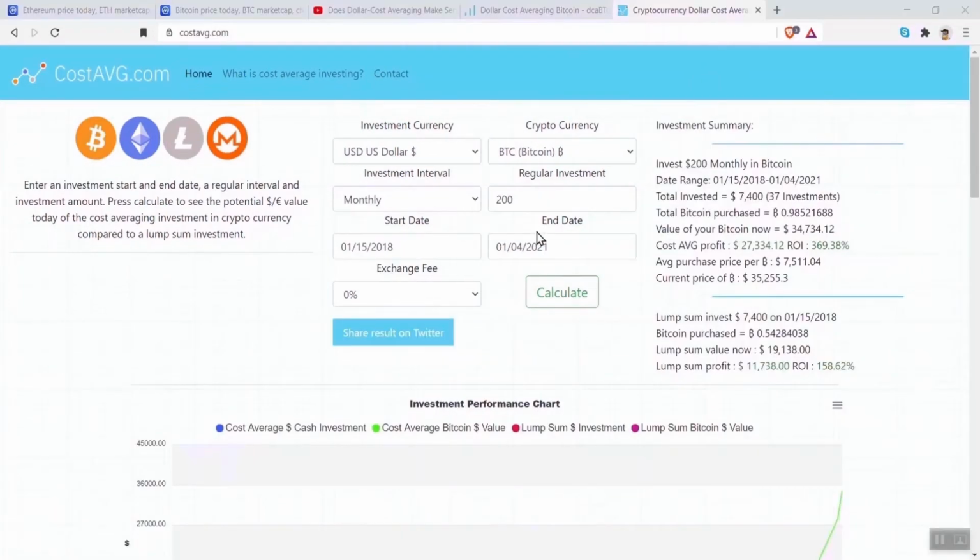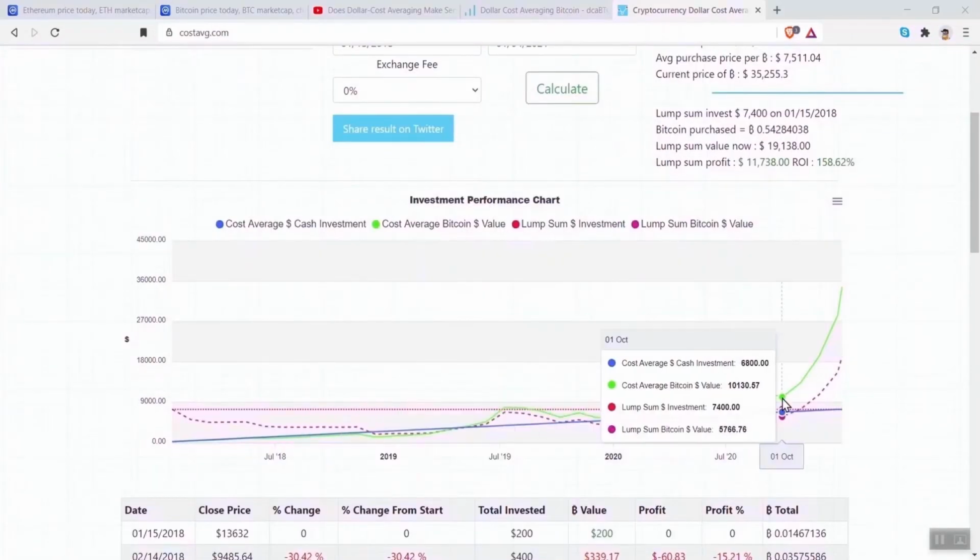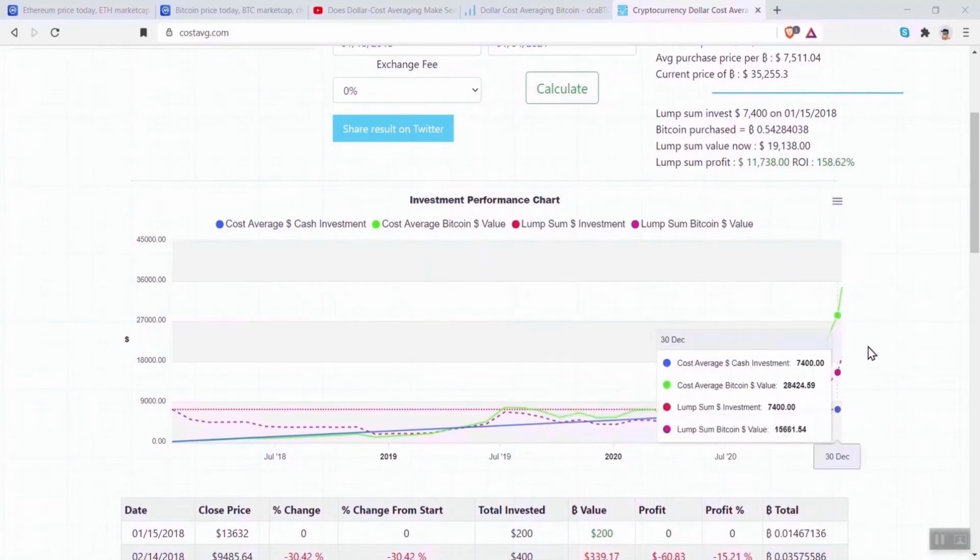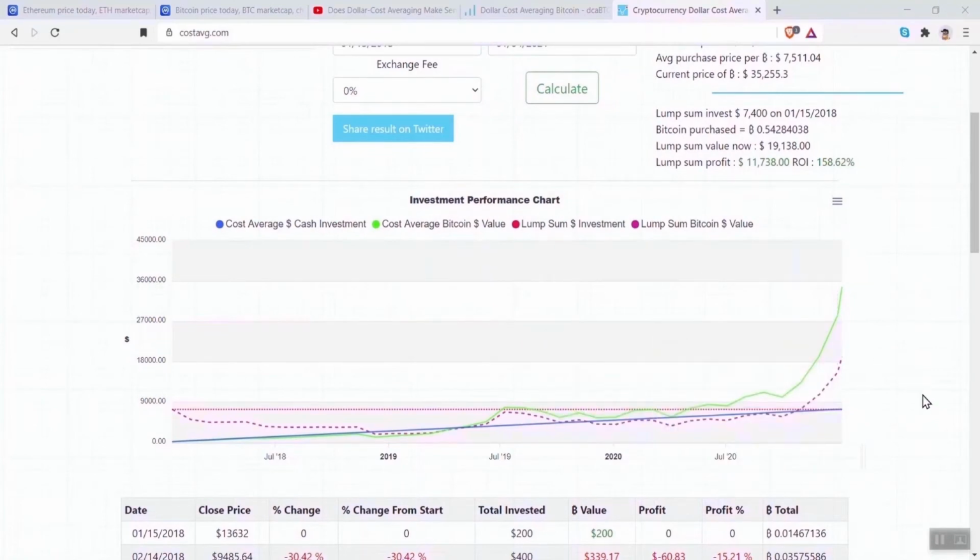Okay, so calculating all of these figures, and as we can see, just as shown in the previous graph, the value of Bitcoin invested has shot up considerably. What I'm curious to see is, for how much longer could this parabolic growth be sustained? Not financial advice, just to reiterate this, I would comfortably say $100,000 minimum by the end of this year. Possibly, you never know, maybe even the 200K mark.